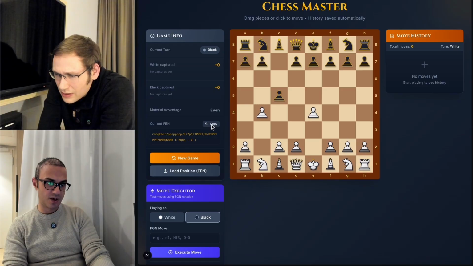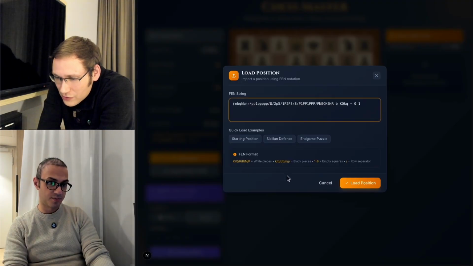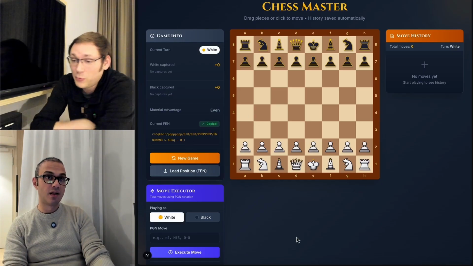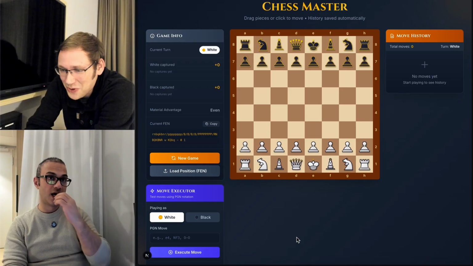Can we give it this one? Let's just go load position, starting position. This is okay. No, load position. Let's add actual chess game like starting position. This one, yeah. Even. Yeah, I'll play something. This is a very simple one. Yes, but I'll play something a bit wacky, and then the position gets much more complicated, and we can see